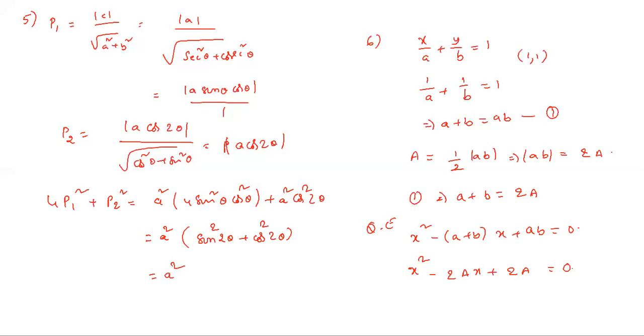Next, seventh one. Given condition is 4a square plus b square plus 2c square plus 4ab minus 6ac minus 3bc equals 0. You have to get one condition for c in terms of a and b, and if we get that directly we get the point of intersection. So we have to solve for c. So how to solve this one?